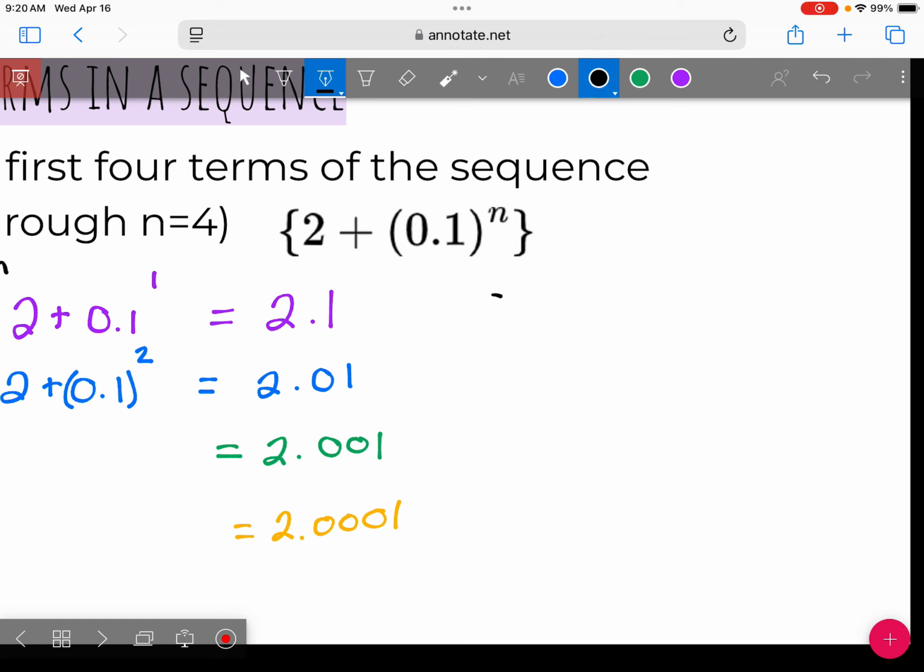So writing this as a sequence, we would have, just putting them in order,